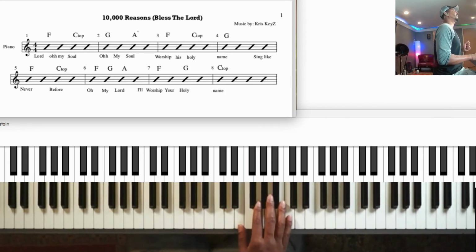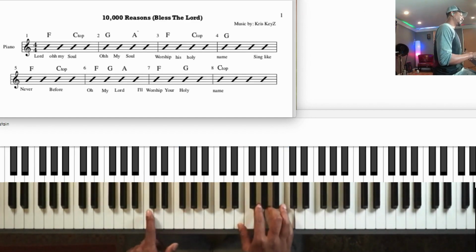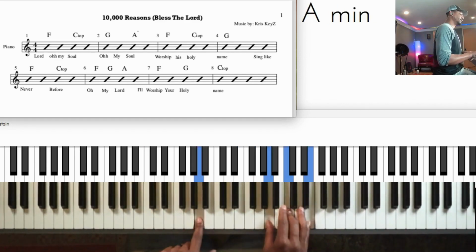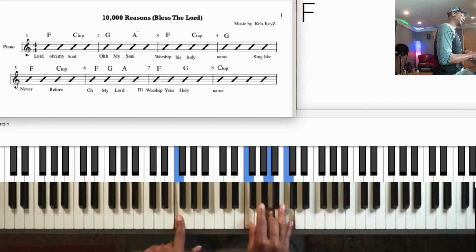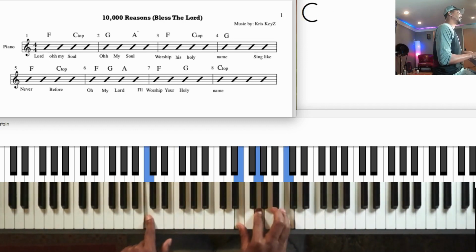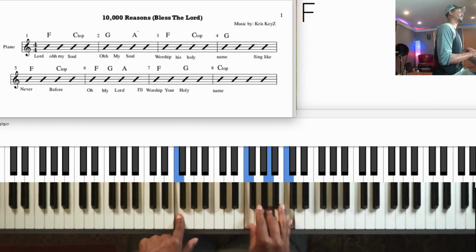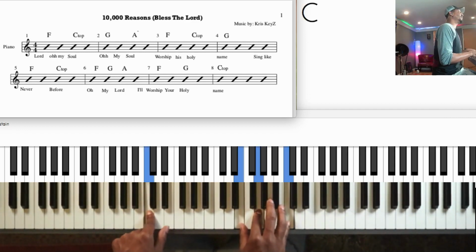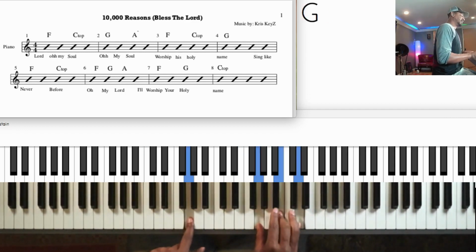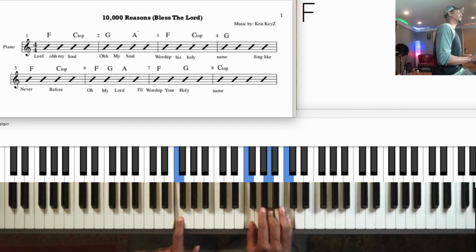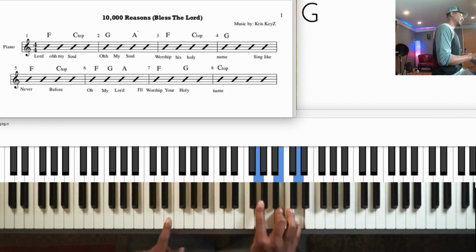1, 2, 3. Bless the Lord, F, O, my C, to the G, O, my soul. F to the C again, transition, C on top, his name to a G. 2, 3, seems like never, F to the C. Okay, here's that walk up, F, G, A. Worship his to the G, back to our C on top. All